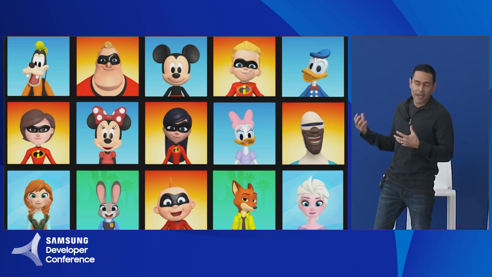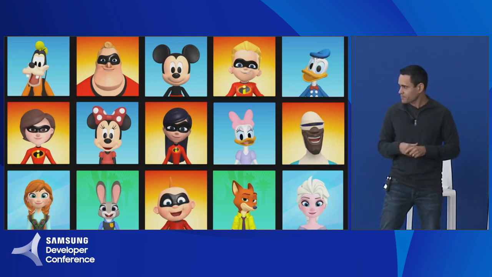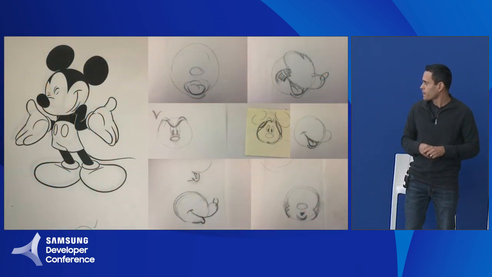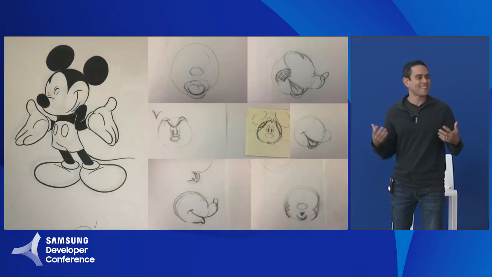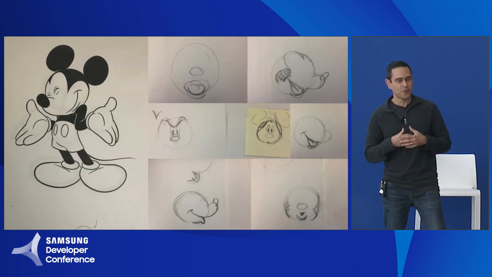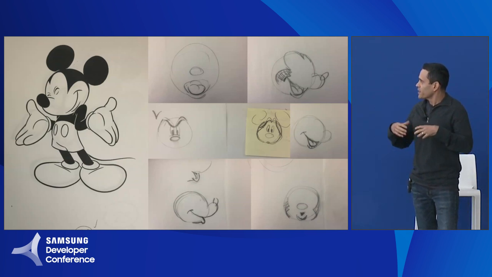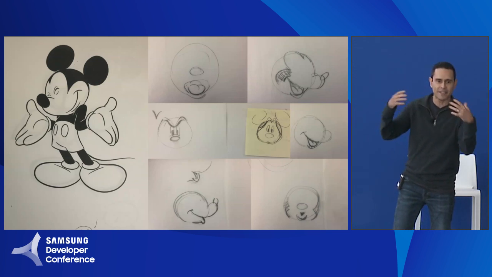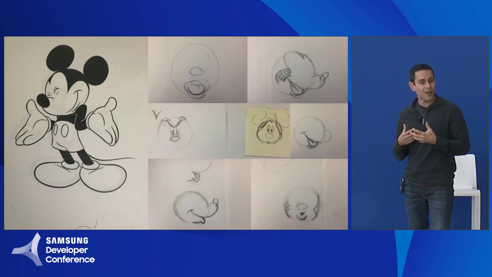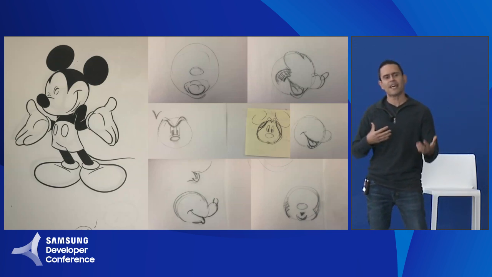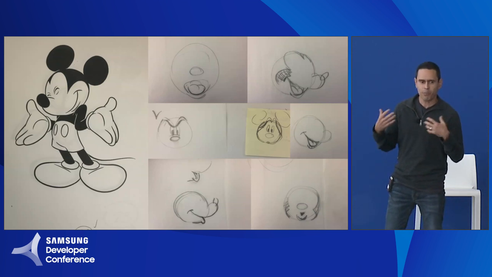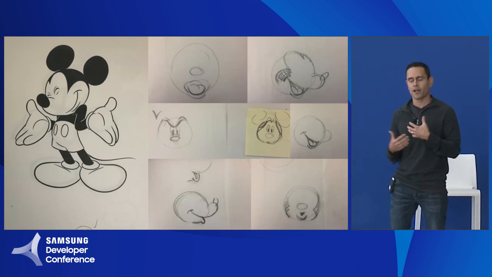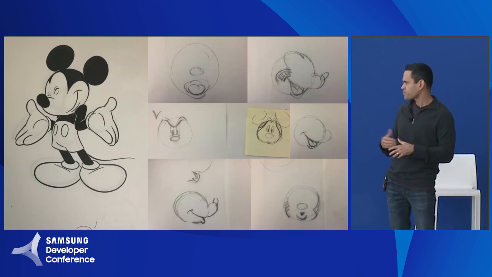But you know, what makes these characters so appealing? Well, there's a lot that goes into that, as many of you already know. You have to understand the characters' motivations and their backstory, and then there's the whole visual design process around their shape language and their proportions and how they're, are they human or not?